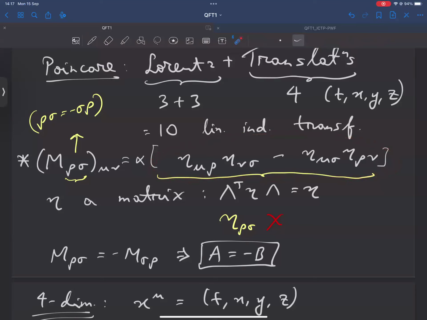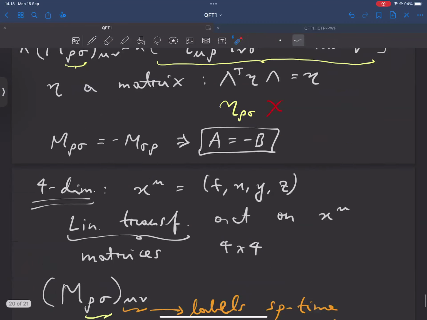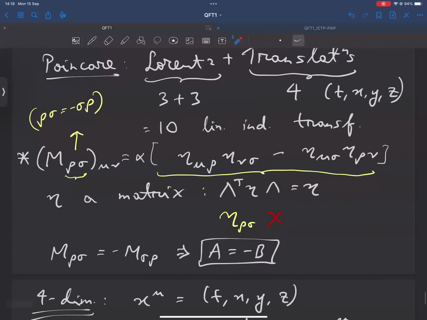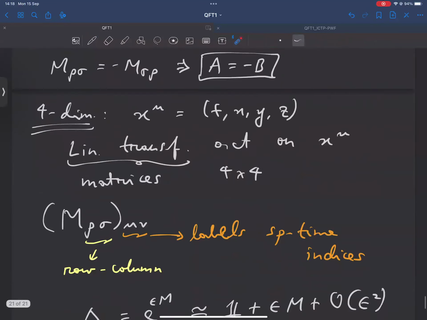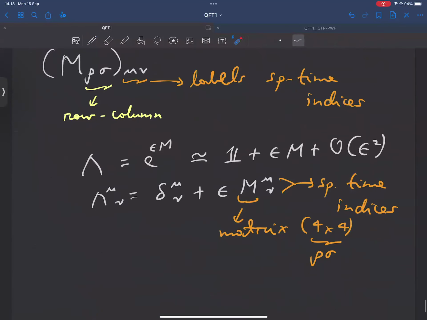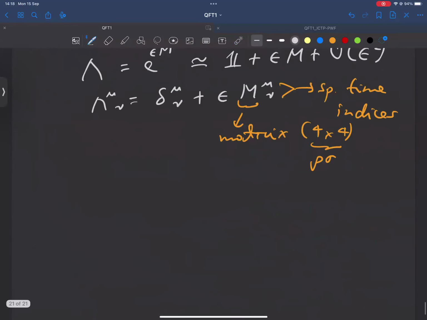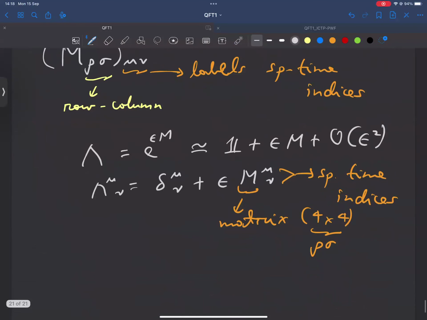for the M's. And using the antisymmetry in the row column indices, you can derive that A has to be minus B. But you can obviously have an overall factor. That doesn't matter. You can set it to 1. Okay, so that's why this is the form that I wrote. And there was a question in the Slack on this, so I thought of discussing this. There was another thing on the Slack, but I thought maybe I didn't stress it